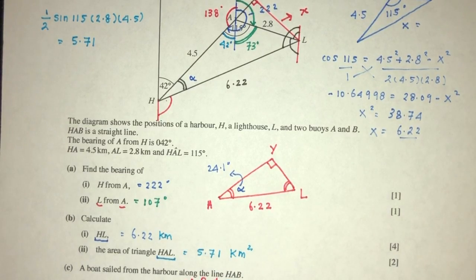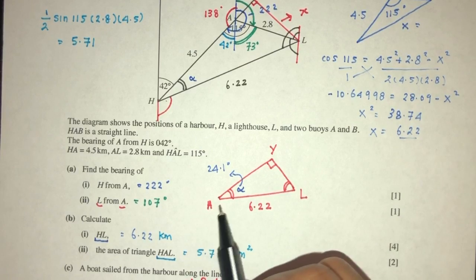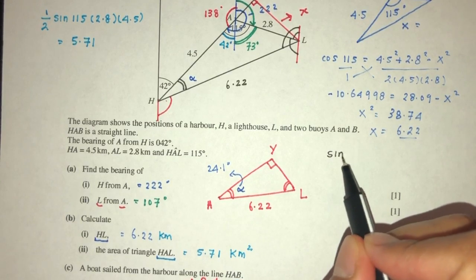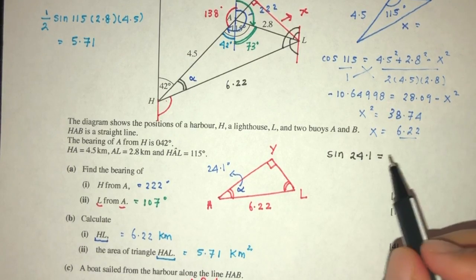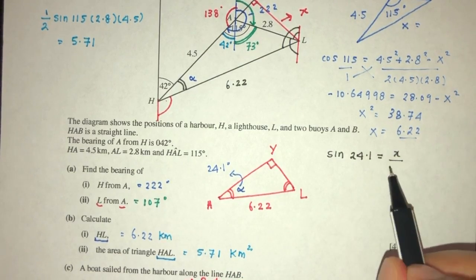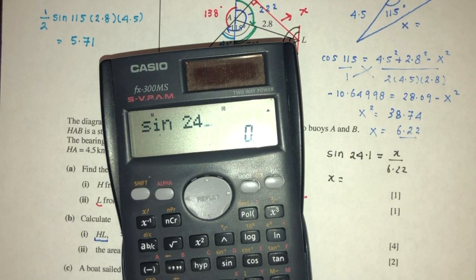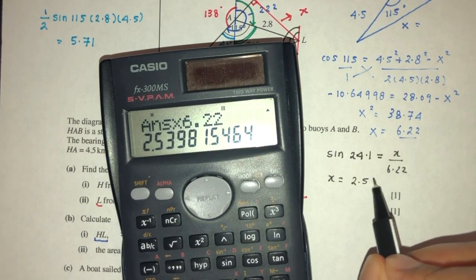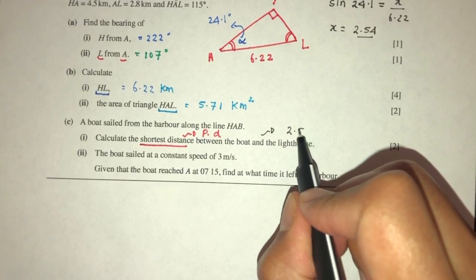Now since we have a right angle triangle, we can use SOHCAHTOA to find the length of this one. So here we have the h side, and here we have the o side, so we have to use sine. So sine of 24.1 has to be this side, we called this x before, right? X over the value of 6.22. So x will be what? Let's see. Sine of 24.1 times 6.22, that should be 2.54. So that will be 2.54